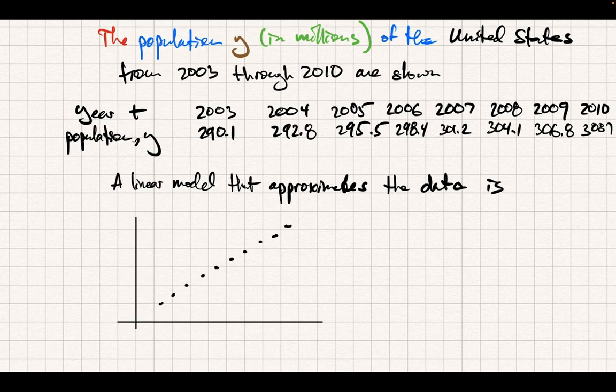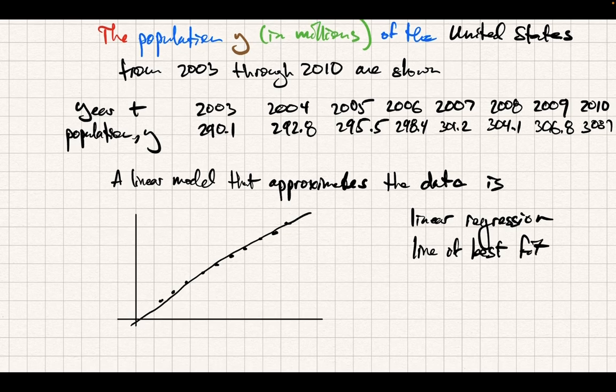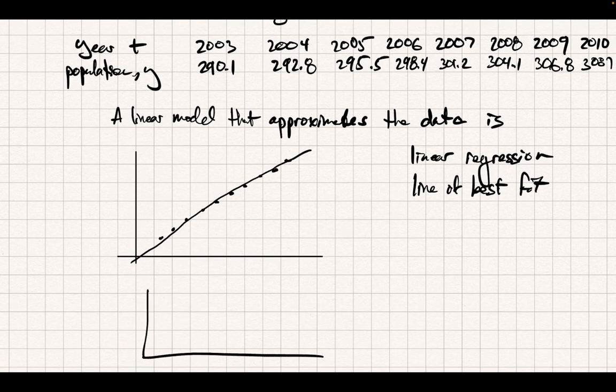I like that. So we might learn how to use our calculators to find a line of best fit. I don't know why it's called this, but if you look in your calculator, you'll find how to do a linear regression. I don't know what's regressive about it, but this is called a linear regression or line of best fit. If your data looks like this, or if your data looks like this,